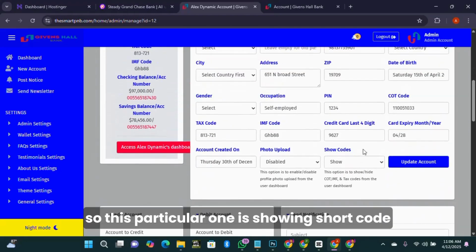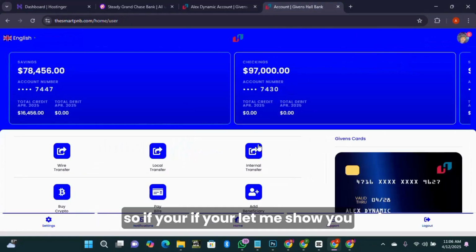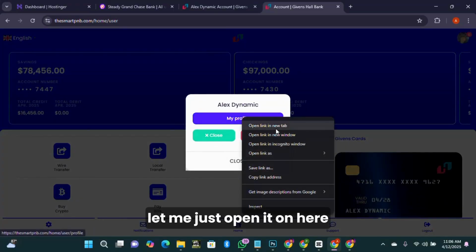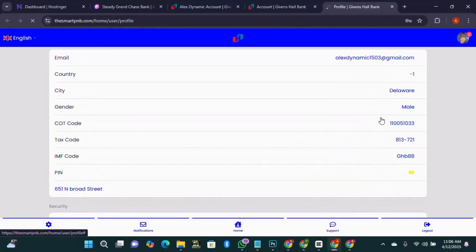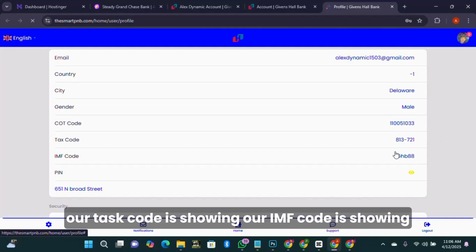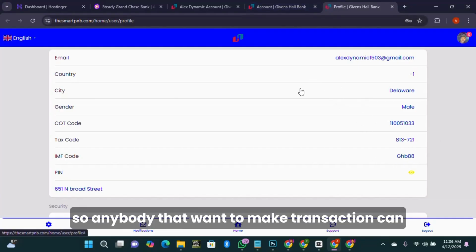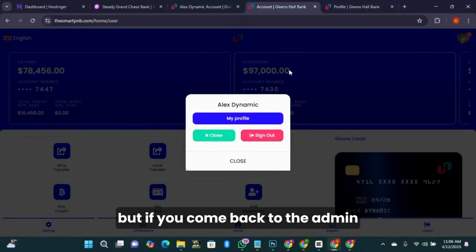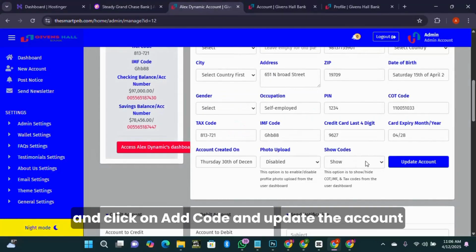This particular one is now showing show code. Let me just open it on here. So our COT code is showing, our tax code is showing, our IMF code is showing. Right now, anybody that wants to make a transaction can easily make use of all this for their transaction. But if you come back to the admin and click on hide code and update the account,